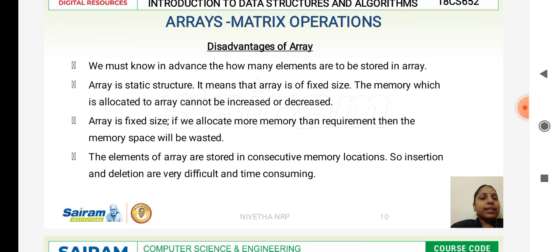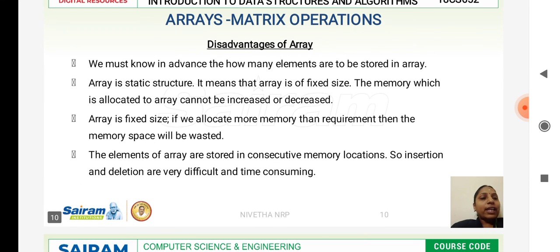The second thing is that insertion or deletion is comparatively difficult to implement since it has to start from the first location of the array. If I want to insert or delete, I cannot do it randomly. If I want to insert at the fourth location, I cannot directly insert my element at the fourth position. I have to first start scanning from the first element, and progress by array index one by one. So that is the major drawback I have. That is why we go to the next concept of linked list.